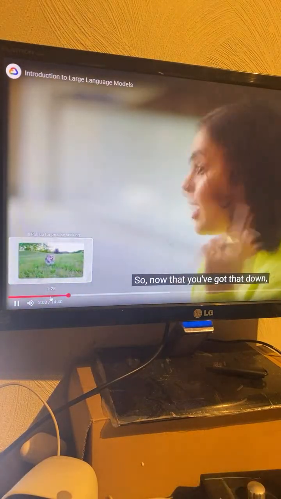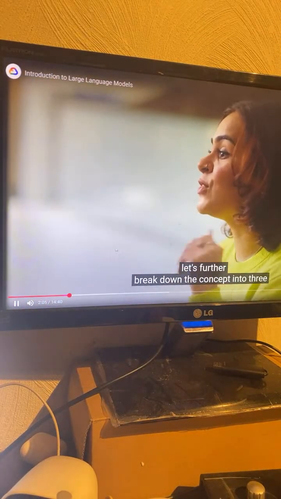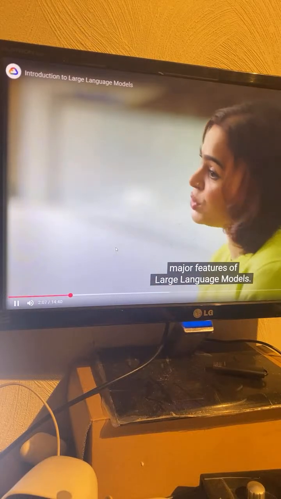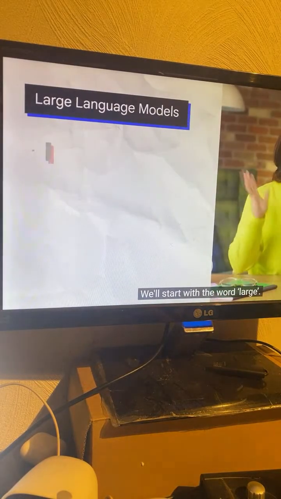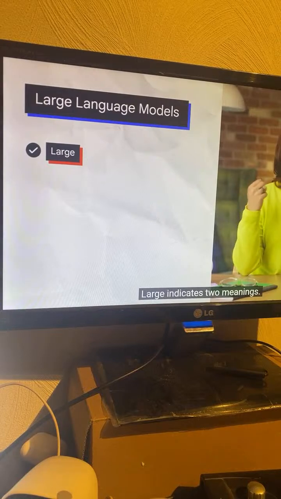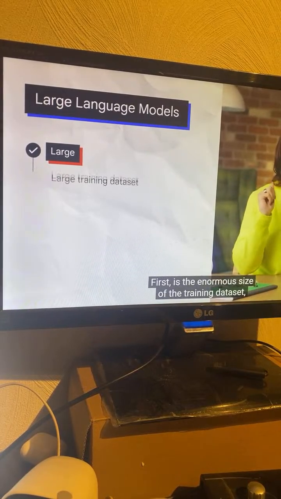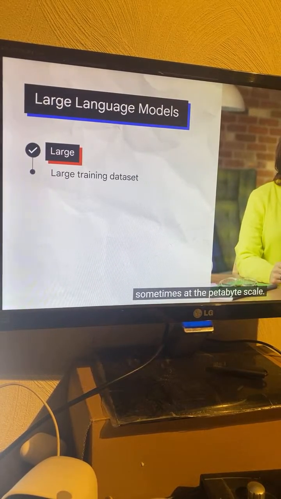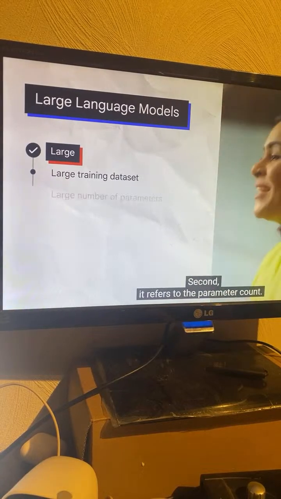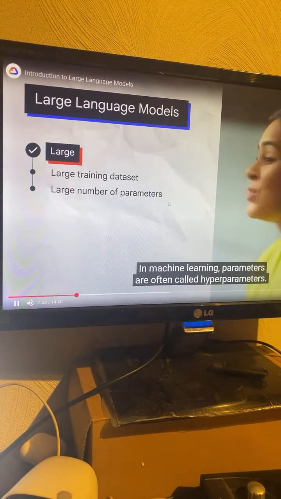So now that you've got that down, let's further break down the concept into three major features of large language models. We'll start with the word large. Large indicates two meanings. First is the enormous size of the training dataset, sometimes at the petabyte scale. Second, it refers to the parameter count. In machine learning, parameters